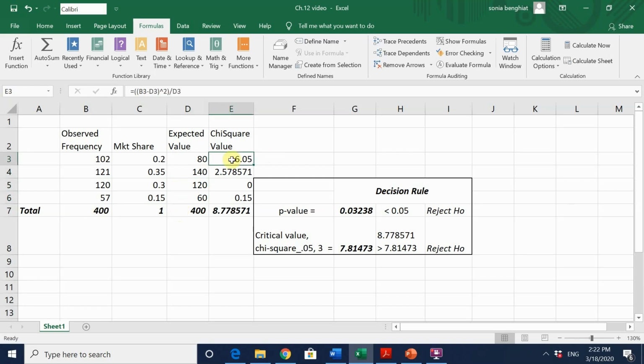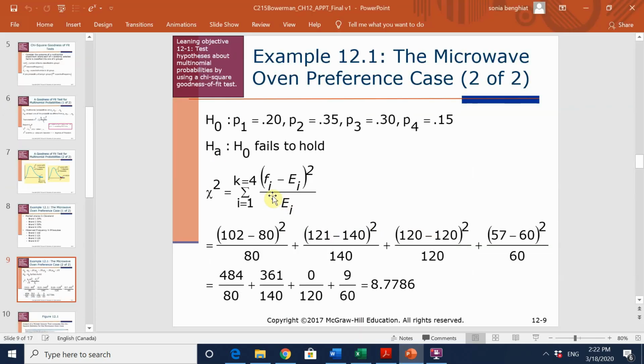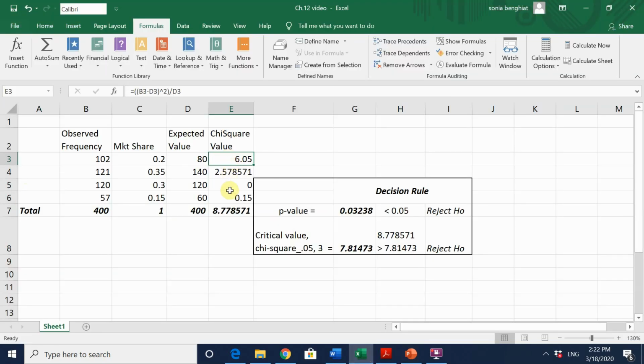Then from there, I can find my chi-square value for each category. That is by applying this formula 4 times. And so here I get my 4 different chi-square values, and here I get my total. That is my test statistic. Now I can draw a conclusion by applying the critical value rule. And so I would need to determine what is my critical chi-square. The critical chi-square will be determined based on my level of significance alpha, which here will be 0.05, and on